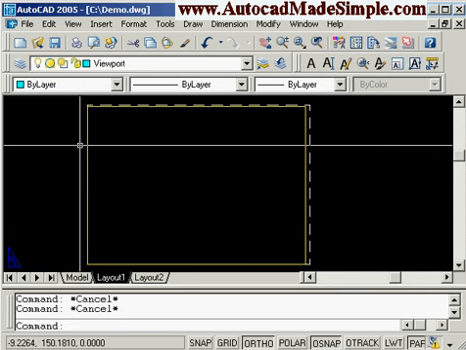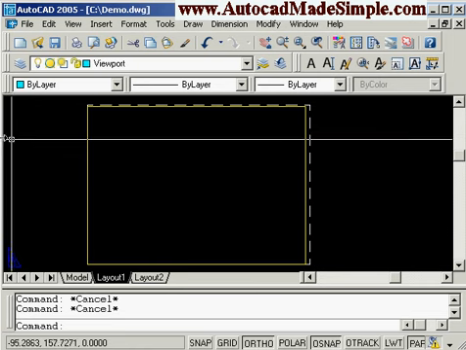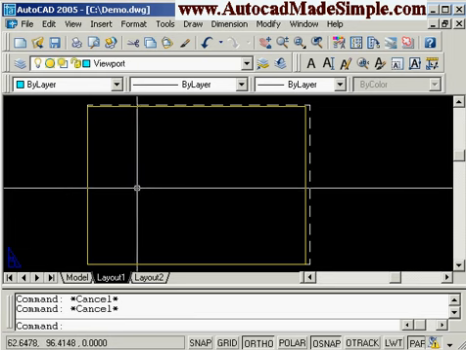Alright, so what are viewports? Well, the easiest way I can think to explain is that viewports are holes that are cut into the page, which when you look through these holes you can see out into the model space area where your drawing objects or model was created. So to create viewports, what you would do is type in MV into the command line